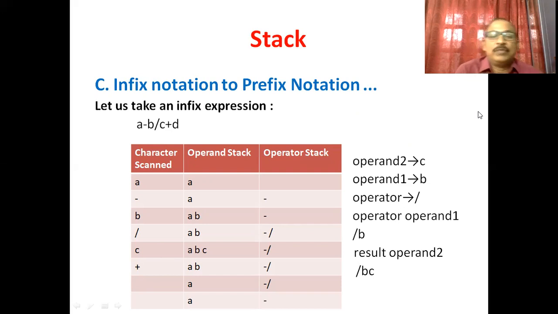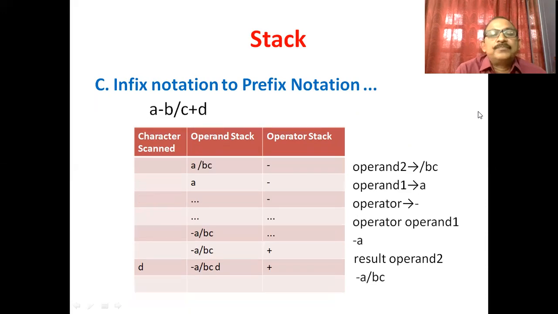C. So we get /BC. And what will we do? We push this onto the operand stack, and we repeat this process. We will get the prefix expression on the top of the operand stack.